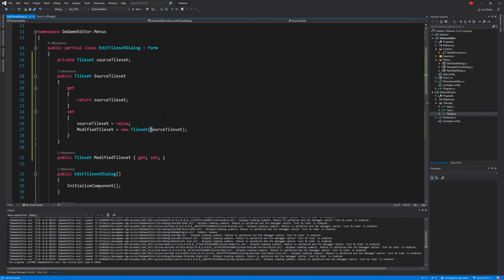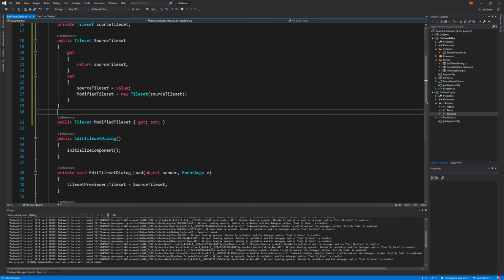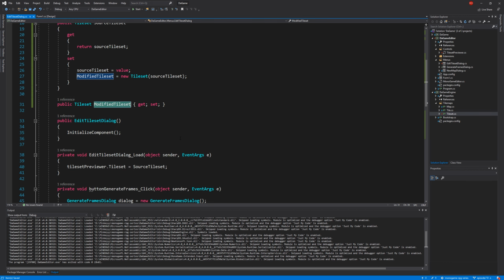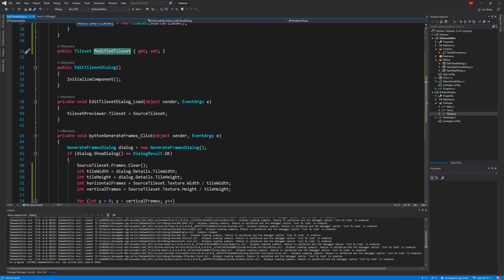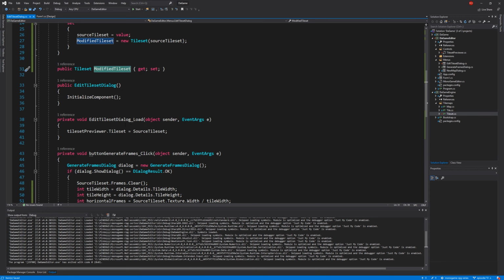I'll put that in uppercase, lowercase, doesn't really matter too much. Okay, so now we've got our modified tileset. So we want to start working on that one instead of the source tileset. But of course, we've got a bunch of places where we're referring to source tileset that we need to now